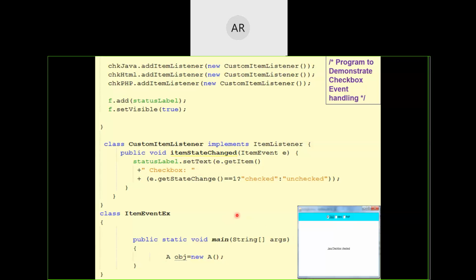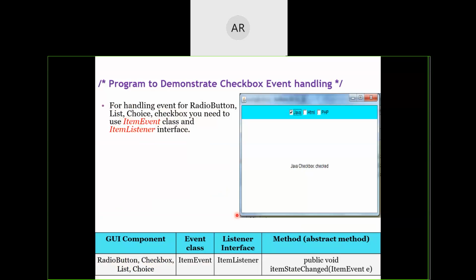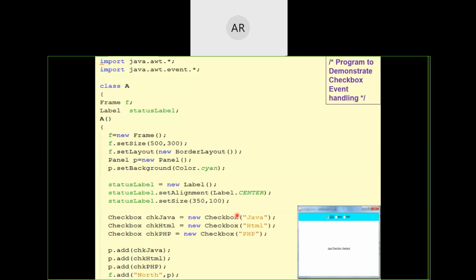This particular program is a little more complex than the first one. So for your exam's sake, I prefer you to go with the first program. But here, since other components will also have certain action listeners associated with them, as I said, there are various action listeners. I have introduced one out of them. Is it okay for everyone?